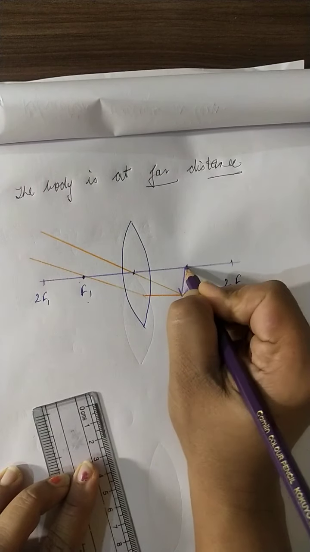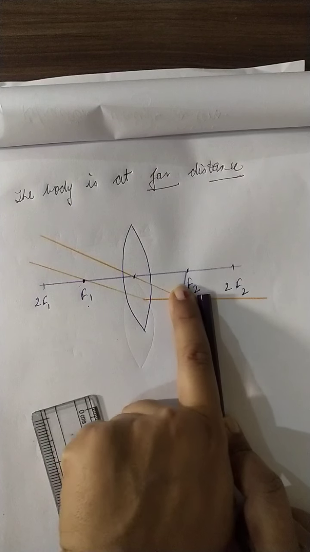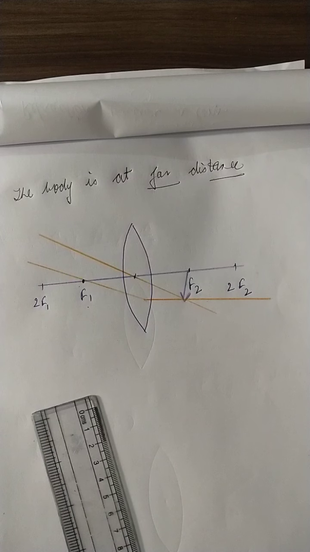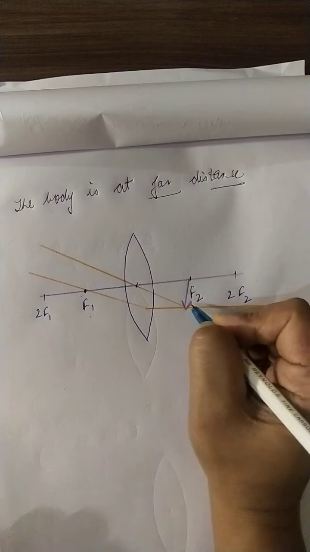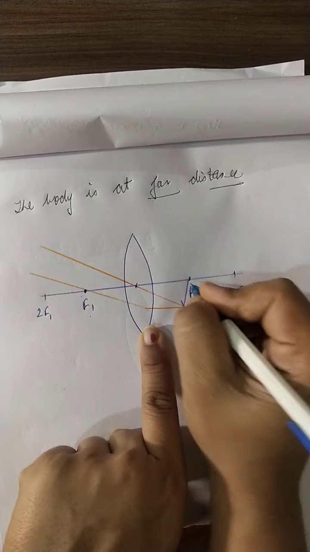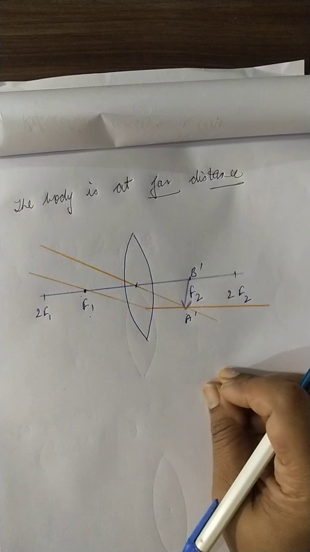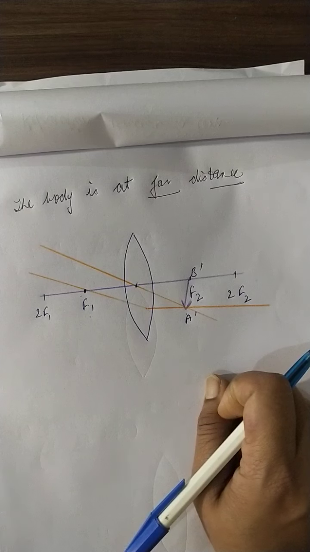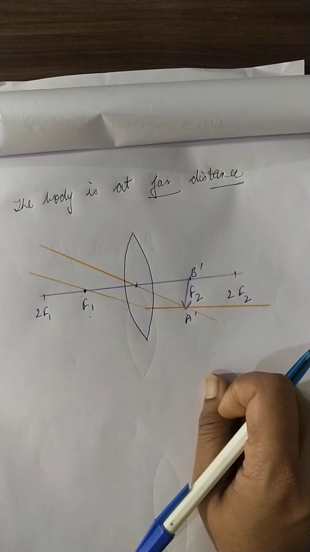Here, right? There it should be straight, right? It is little slanting, so it should be little straight. So here the object is forming an image, right? At what point? f2. Now here the image is inverted, ulti. If the object is AB, then the image will form B dash A dash, right? Now second thing, if the object is at far distance, then the image will form at focal point 2, f2,